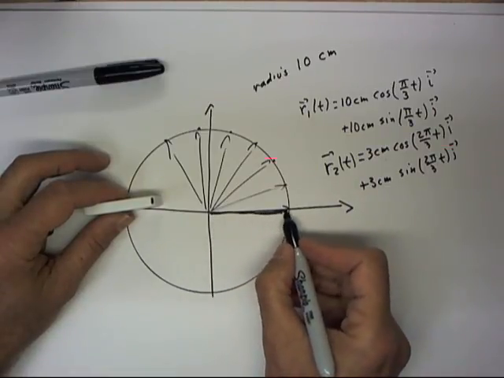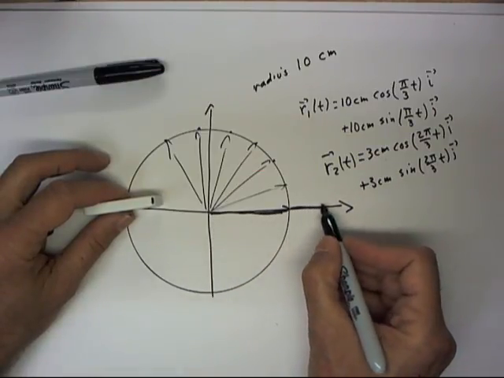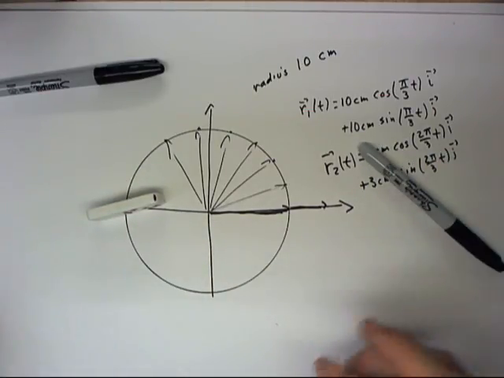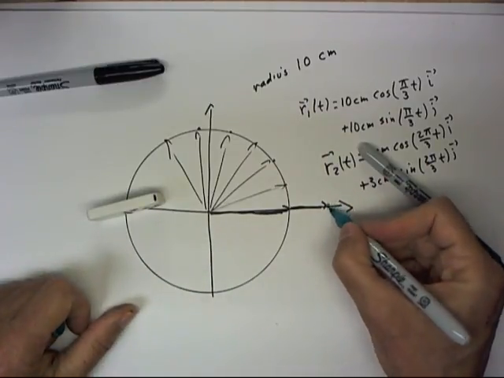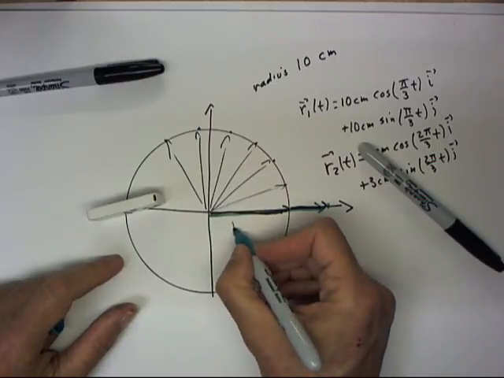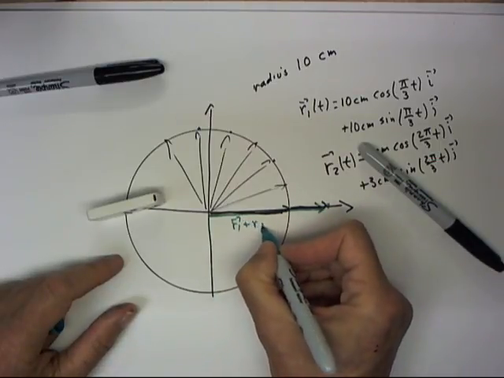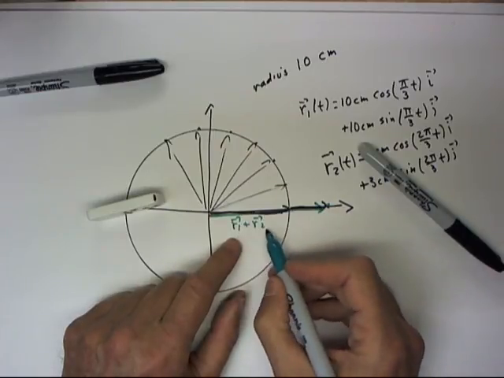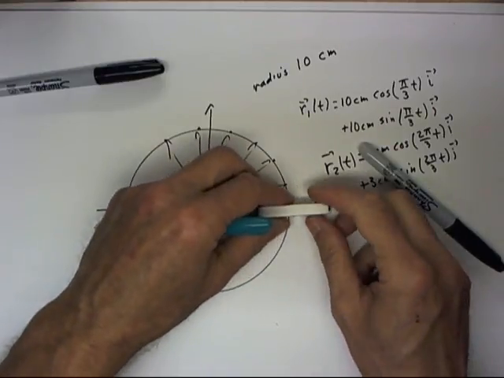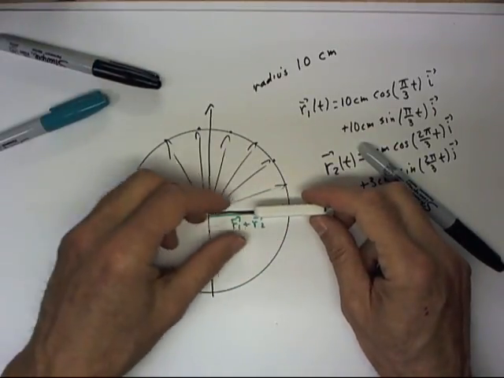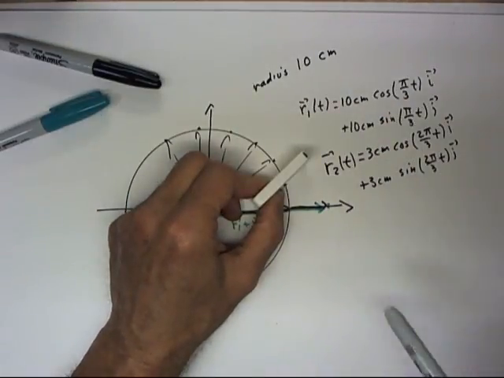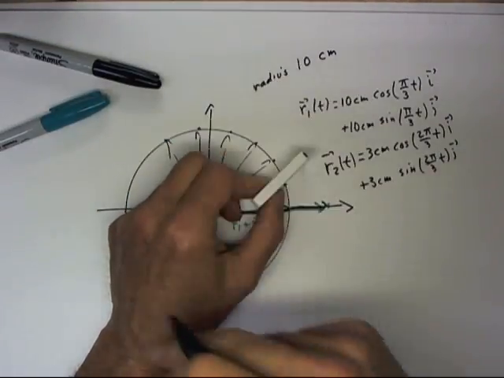At the initial instant, our r1 vector would be here, the r2 vector would be here, so that the position of the object would be here, and that position could be described by the r1 plus r2 vector, where this is understood to be r1 of t and r2 of t. Now, if this thing rotates at twice the rate of the circle,